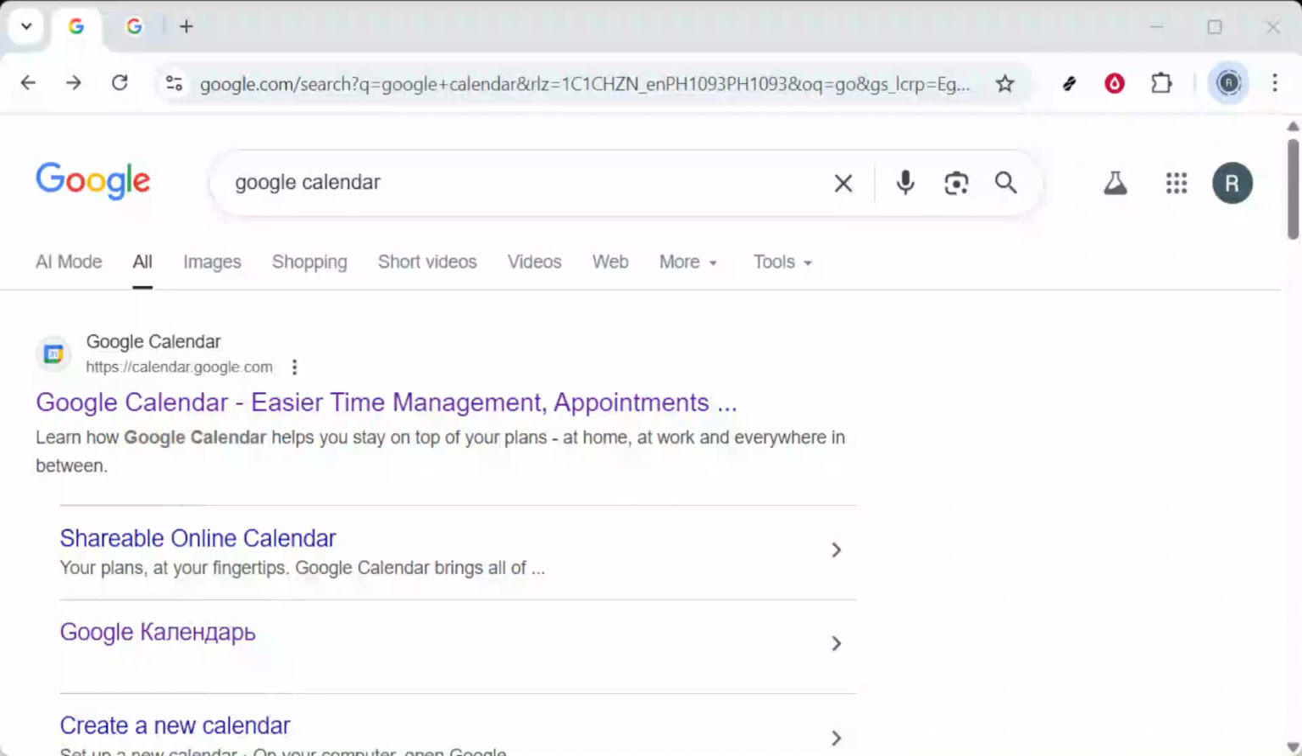In today's video, I'm going to teach you how to find and edit pending tasks in Google Calendar. This is going to be a simple guide that will help you manage your tasks more effectively and keep your schedule organized. The first thing you need to do is open your web browser and navigate to the Google Calendar